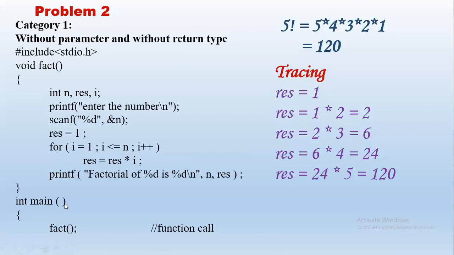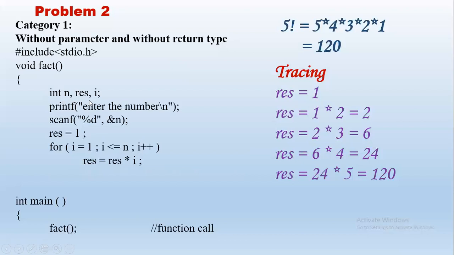So we have printed factorial of n is 120. First percentage d corresponds to n, second percentage d corresponds to result. So factorial of 5 is 120. We also declare the required variables. Note that these are all local variables, right? N, result and I are local to the function fact. They can be used only in fact. If we need to use it outside or in main, we have to declare it here after stdio.h so that it becomes a global variable. So now because it is inside the function, it is a local variable.